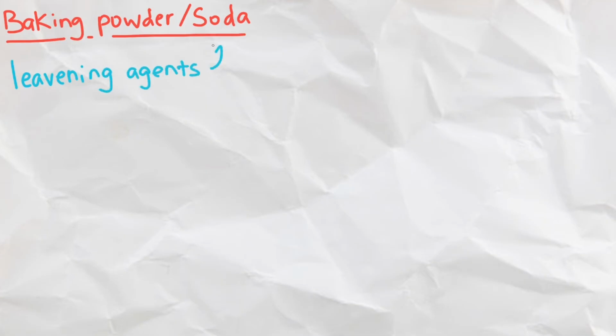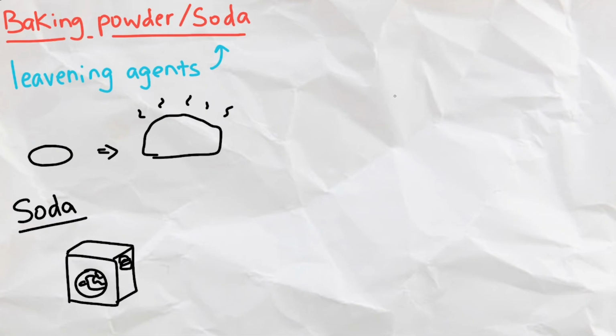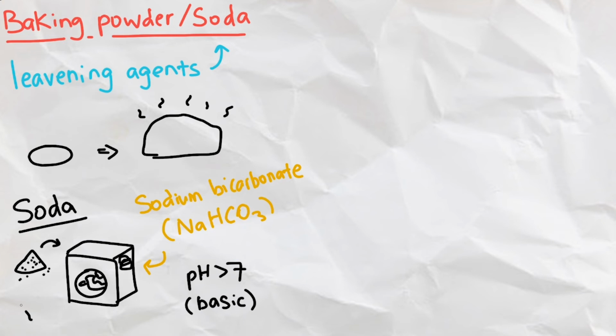Lastly, we have baking soda and baking powder, known as leavening agents, which are anything that makes dough rise. Baking soda contains sodium bicarbonate, which is basic, so it needs heat and something acidic, such as brown sugar and buttermilk, to activate. Once activated, the sodium bicarbonate introduces carbon dioxide into the air bubbles created by butter, sugar, and